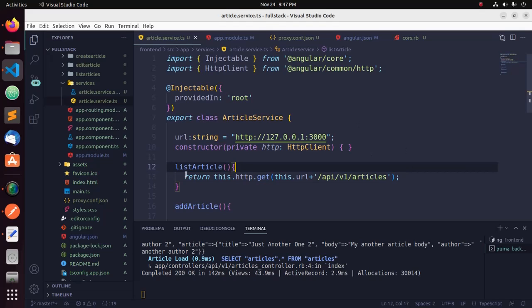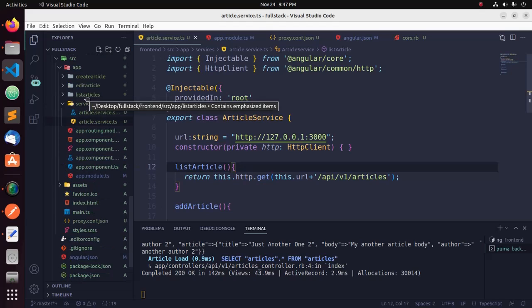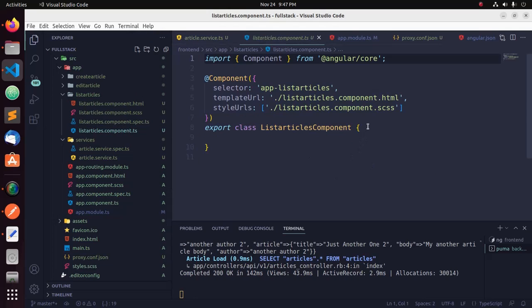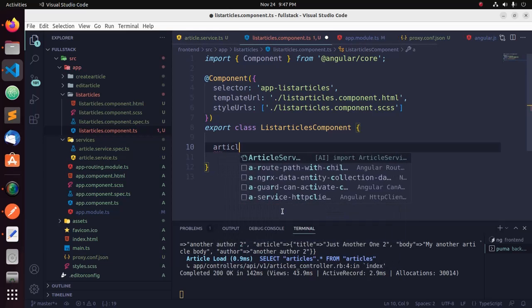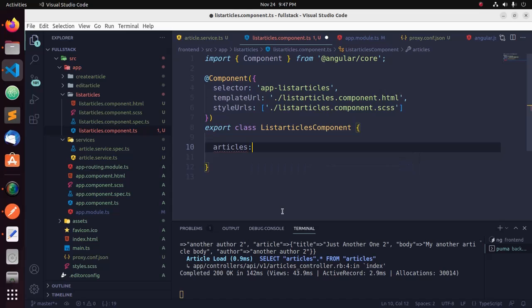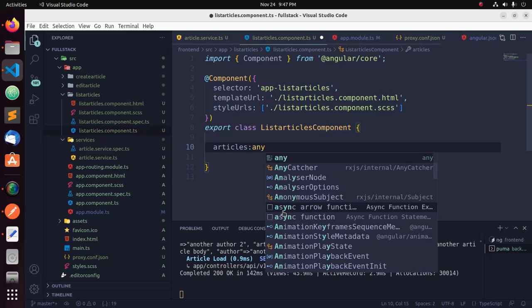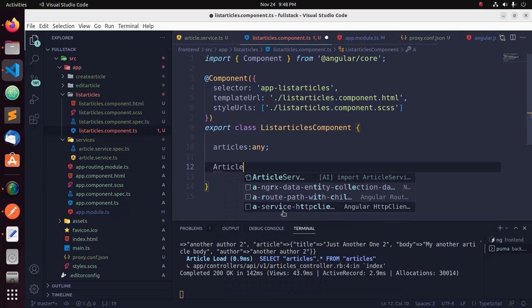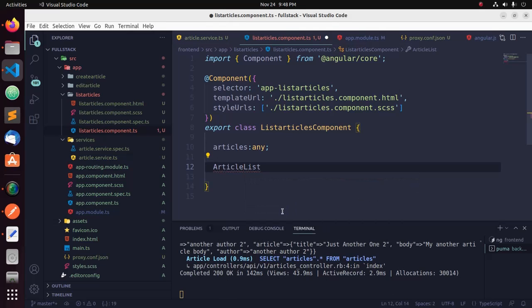Now I'm going to open the list articles component and here define a variable articles of type any. Okay, and then define a method. I'm going to name it article list